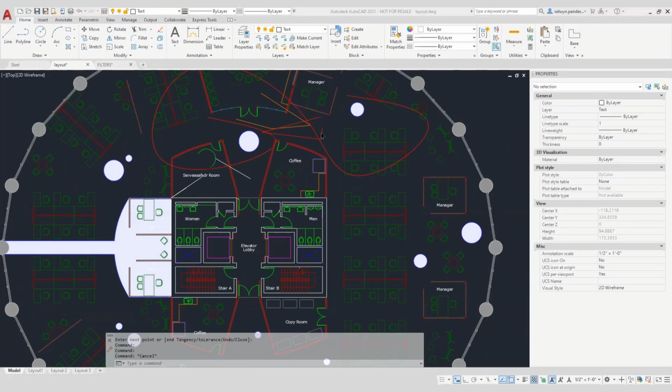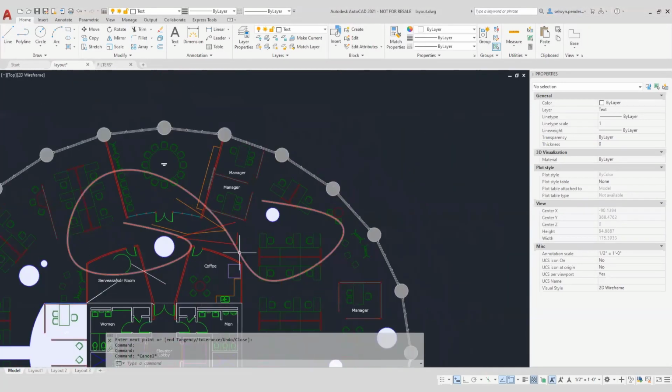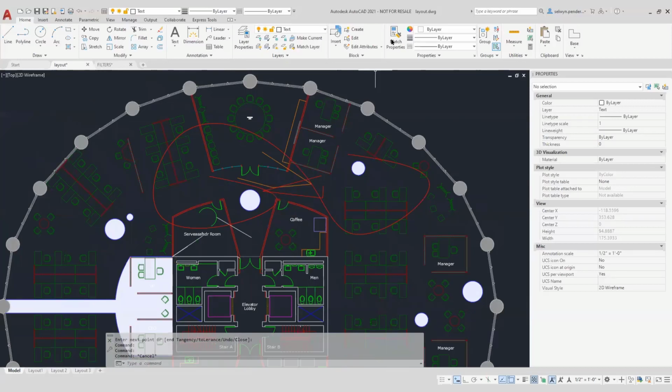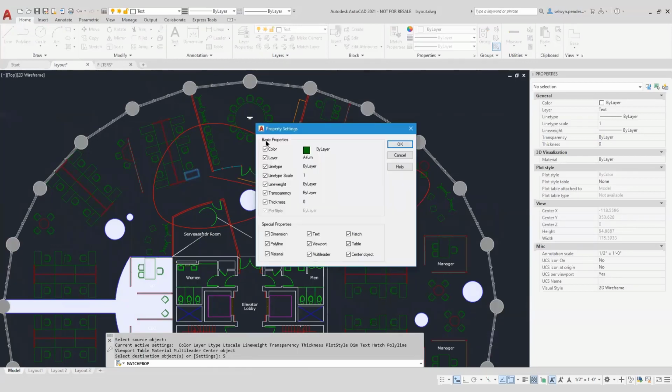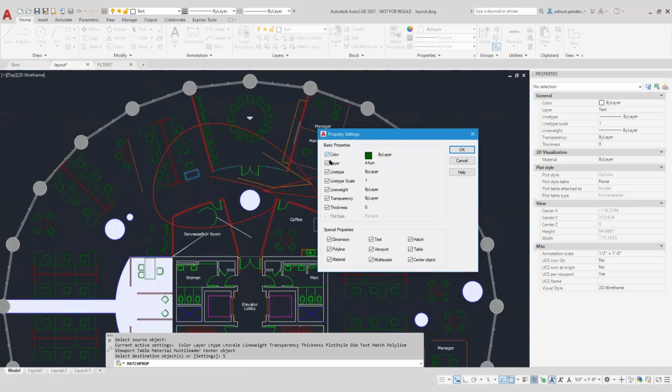Another method of matching objects is the Match Properties tool. Match Properties generally will match everything that an object has associated with it. So I'm going to use this as the source object, and down here we'll see we have settings. If we click on settings, we can get it to match the color, the layer, line type scale, and many